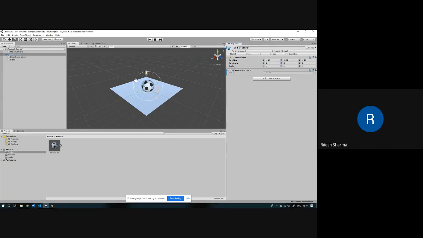If you want to rotate numerically, for example the x-axis by 90 degrees, you can just click on the component that you want to rotate and put a number. Sometimes you would want it rotated at a very specific number, so you can put the rotation here: in the x-axis what angle, y-axis what angle, z-axis what angle. That will also rotate it. Similarly, for position you can put new positions here, and that will also move it. So these are the move and rotate parts.